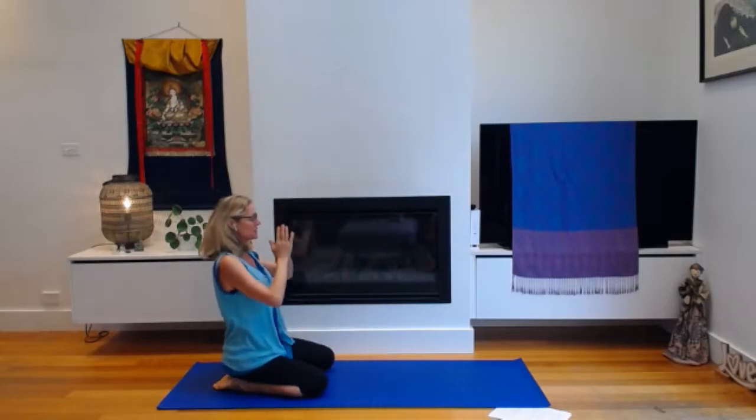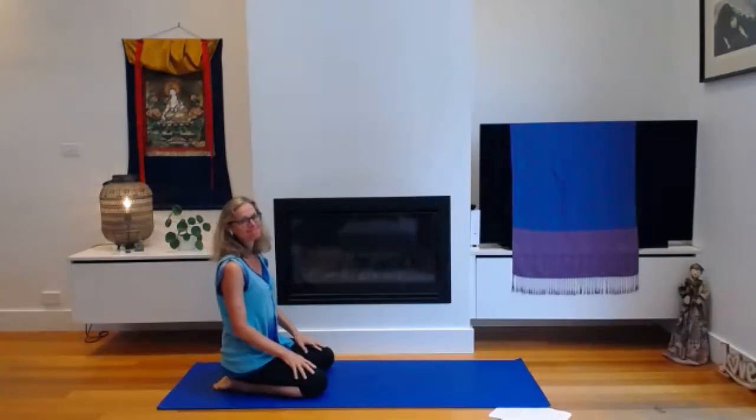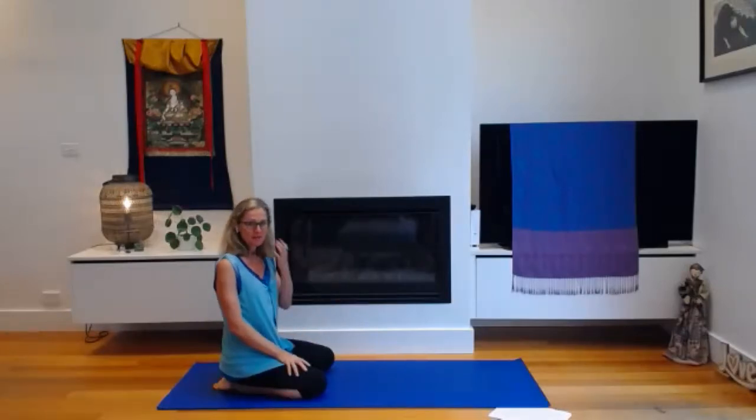When you finish, rest the hands at the heart, soften your shoulders, soften the face, and take a breath or two here. And release. Okay, couple of options now, either to work a bit more with cat or down face dog pose,